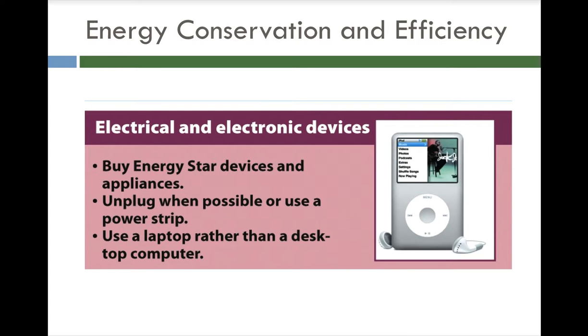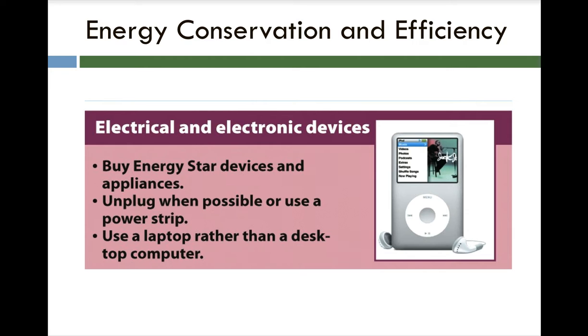And then finally, with electrical and electronic devices, there are some other ways that we can improve our energy conservation and efficiency. The first one is buying Energy Star devices and appliances. Now, this is really more for your parents because they're the ones making those decisions right now, but you can advise them that purchasing an Energy Star appliance, like if they need a new refrigerator or a new dishwasher, it's really great to look at how much energy those things use as one of the qualifications